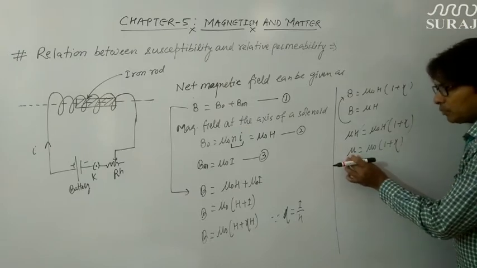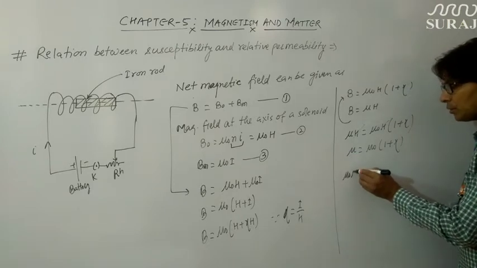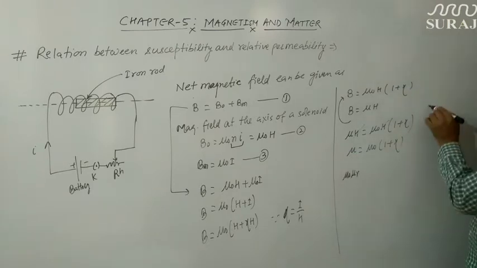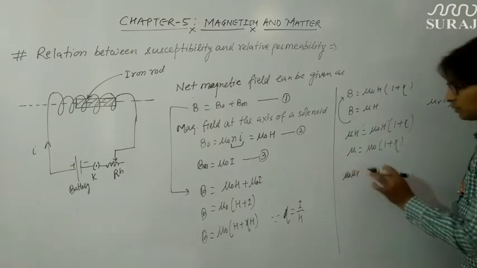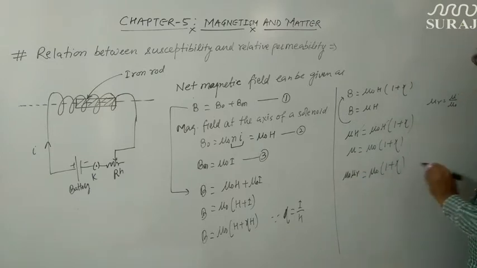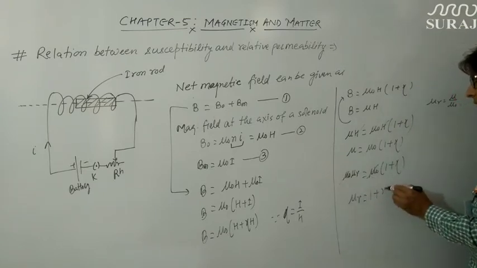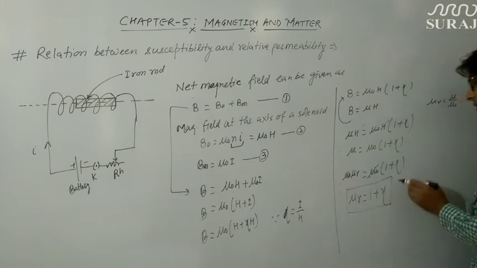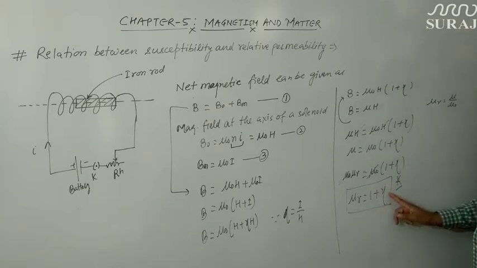And you know that mu is related to relative permeability, or this mu can be written as mu 0 into mu r, because we have derived the relation that mu r is equal to mu divided by mu naught. So if in place of mu I write mu r into mu 0, then mu 0 into mu r is equal to mu 0 into 1 plus xi, and this mu 0 will also cancel out, so mu r comes out to be 1 plus xi, and this is the relation we wanted to derive. This is relative permeability, and this is the susceptibility or magnetic susceptibility of the magnetic material.